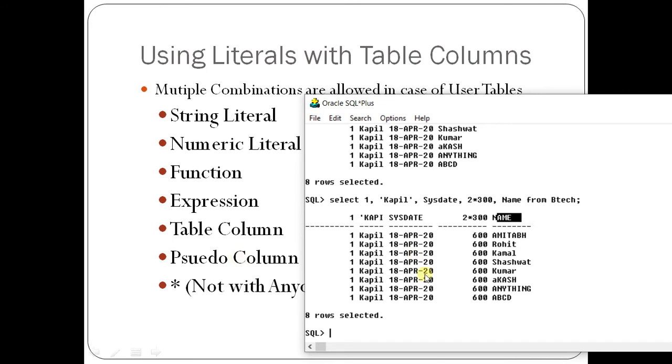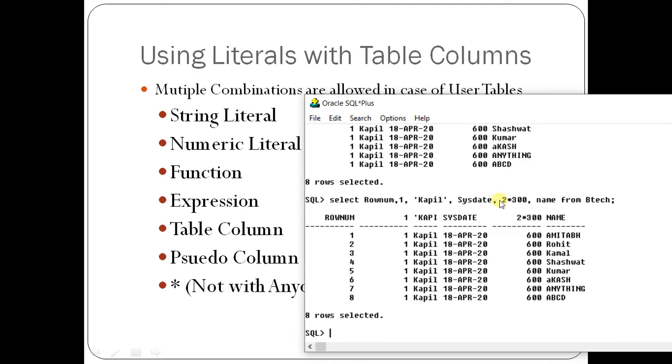You know there are a few pseudo columns available in Oracle, like rownum and rowid. So we can take select rownum, comma, and let us take them all again, name from BTEC. You can see the answer has come. This is a pseudo column, this is a numeric literal, this is a string literal, this is a function, this is an expression, and this is a table column.